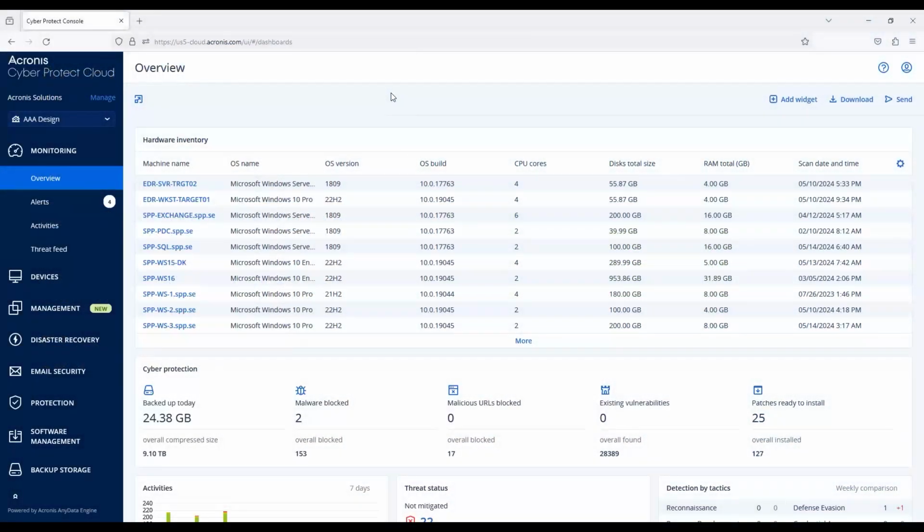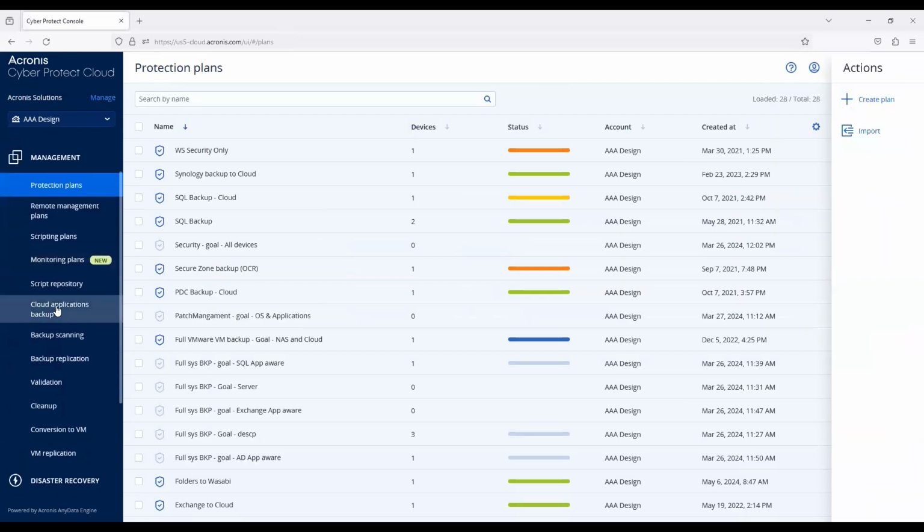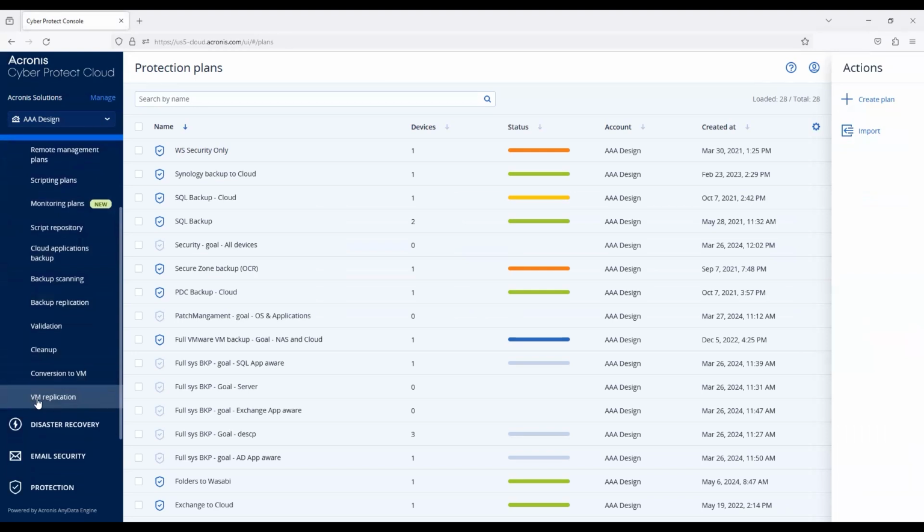This video is going to be around conversion of VMs. You're able to set this up when you are inside of the console. You can go to the Management tab that is underneath Devices on the left-hand side. And then if you scroll down just a bit more, up right above VM Replication, you'll see an option called